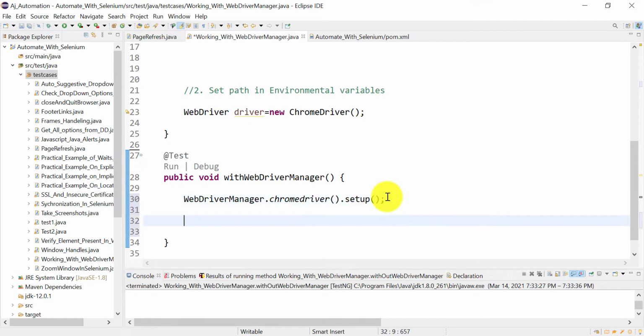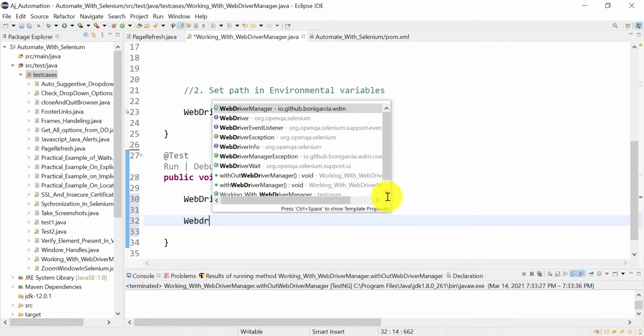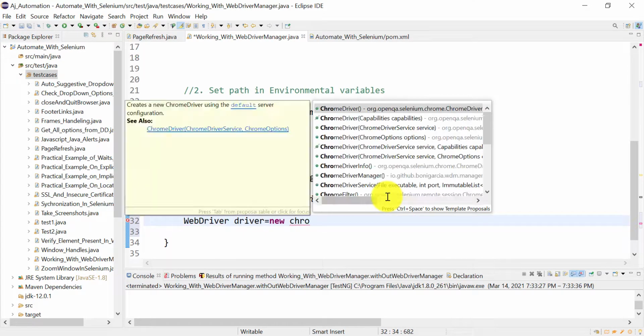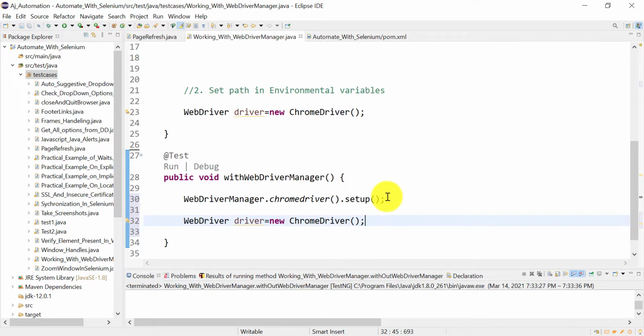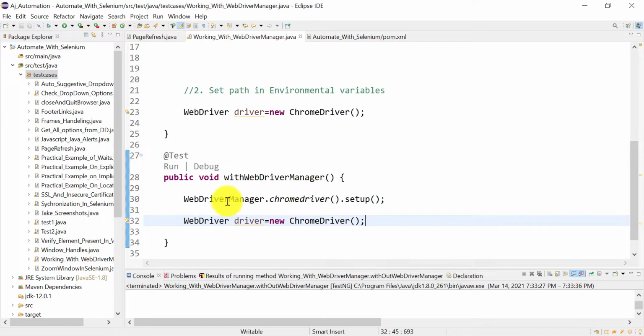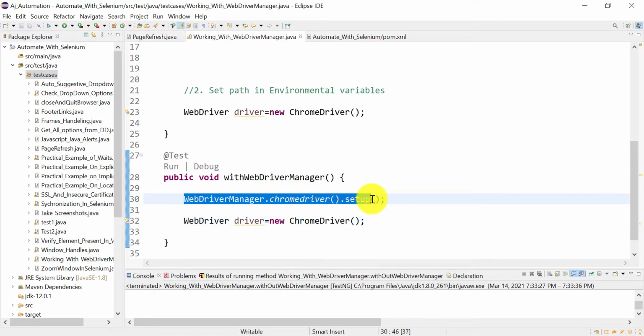After that you can create the WebDriver reference here. That's it. You don't have to set any properties or environmental variables. This statement will do all the work. Let me save it.